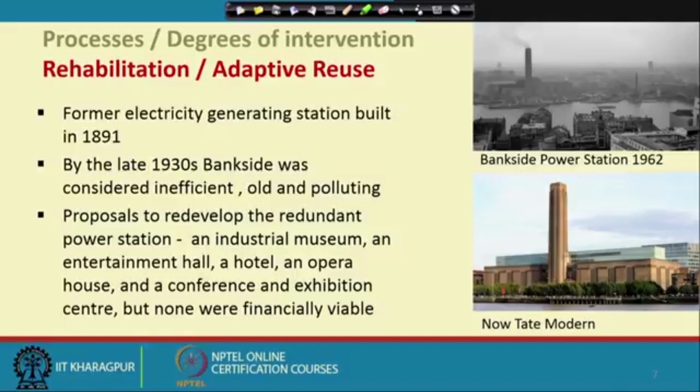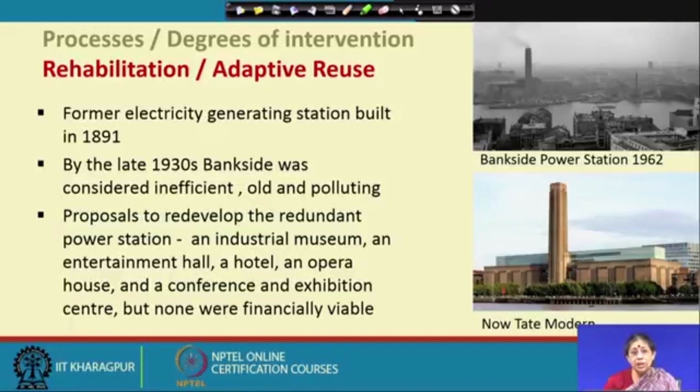Some proposals were for an industrial museum, some for an entertainment hall or a hotel or an opera house, conference and exhibition, but none were financially viable. The physical structure was there, intact and quite structurally sound, but financial viability also has to be tested. So, as I said, there was a group with a strong opinion that the building should be